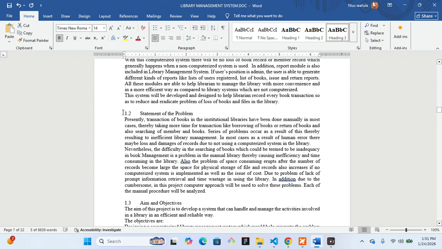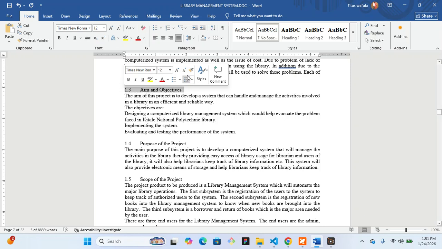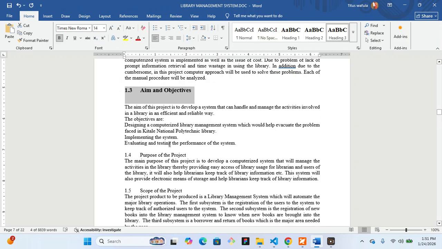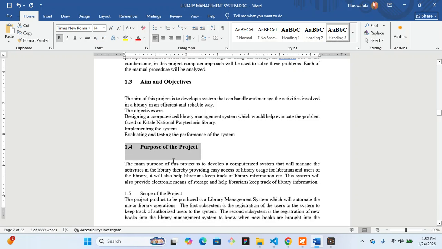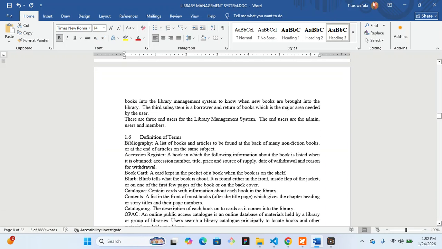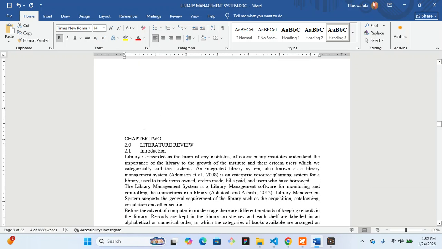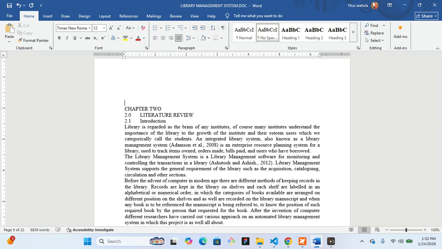Going forward, down here we have this. Statement of the problem, I can just make it heading 3 also. I want you to see something that will happen here. I also want this one to be heading 3. Okay, so that is heading 3. Then also make sure that this is heading 3. I just want to sample it out. Now this one is heading 3 also. Remember, I'm trying to do some form of formatting before I do anything else. So up to that point,